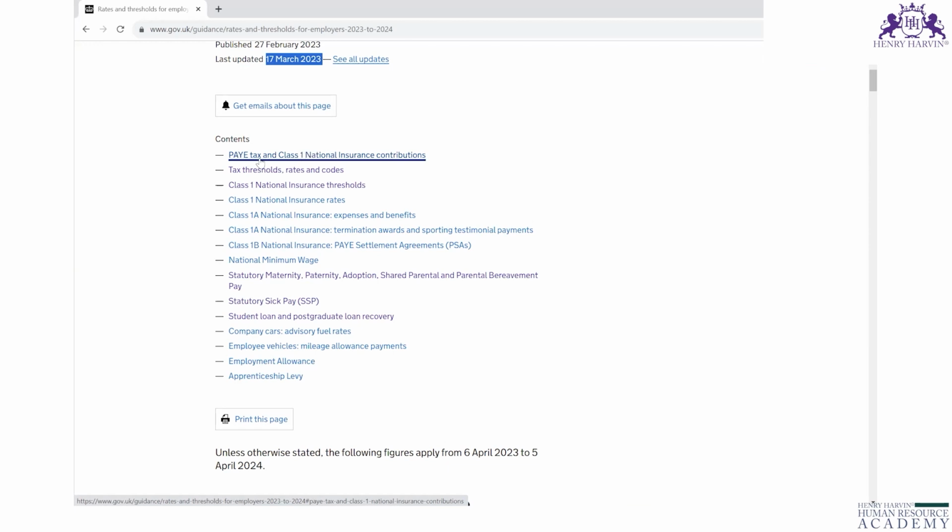So it starts with PAYE. You remember PAYE, what I said? PAYE is income tax. Okay, and Class 1 National Insurance contribution. Class 1 is for employees. So we are mainly learning about payroll where there are employees, so we will not get much into details